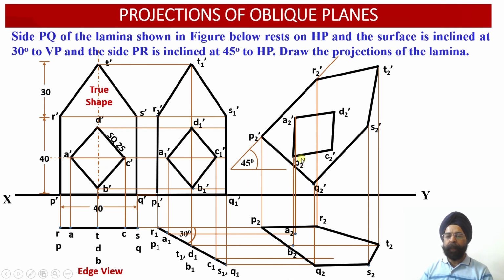Now from the point B2 dash, again a vertical projector line has been drawn and it has been extended up to the limit where it is going to intersect with the horizontal projector line which has been drawn through the point B1. So the point B2 has also been obtained. Similarly, through C2 dash, we draw a vertical projector in the downward direction, and from C1 we have drawn a horizontal projector line. So wherever these two projector lines intersect,